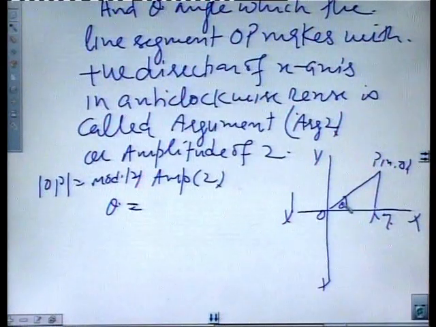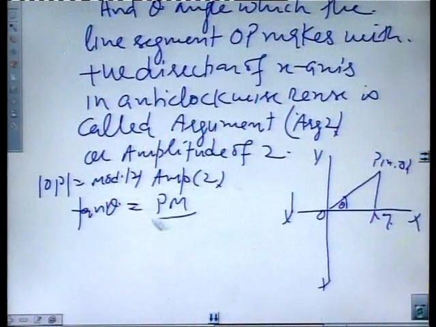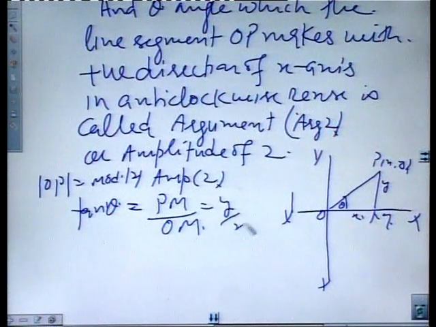Now, how to find the argument or this theta, amplitude of z? In this triangle POM, tangent theta is PM upon OM, and you know PM is y, OM is x. So, tangent theta is